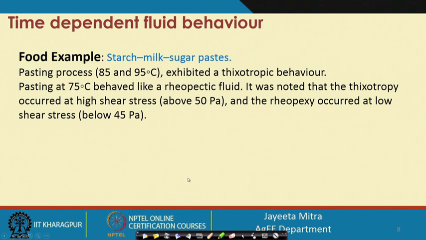So, all such food materials are of a very specific nature, because there is no generalized way of describing them, because processing is done at different pressure, different shear, different temperature and different duration of time. So, all of these are based on research results, and certain models have been developed for these different materials, from which we can draw this kind of inference.